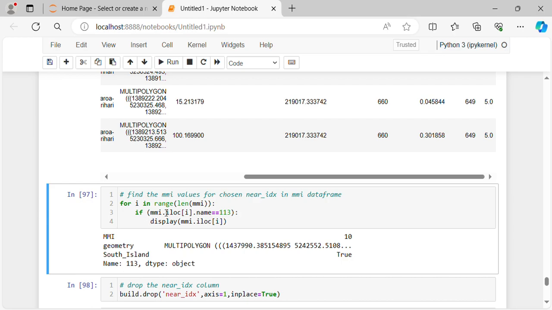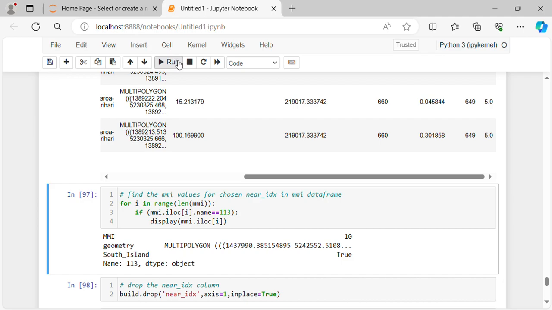So for i in range(len(MMI)): if MMI.iloc[i].name == 113: display(MMI.iloc[i]), and that